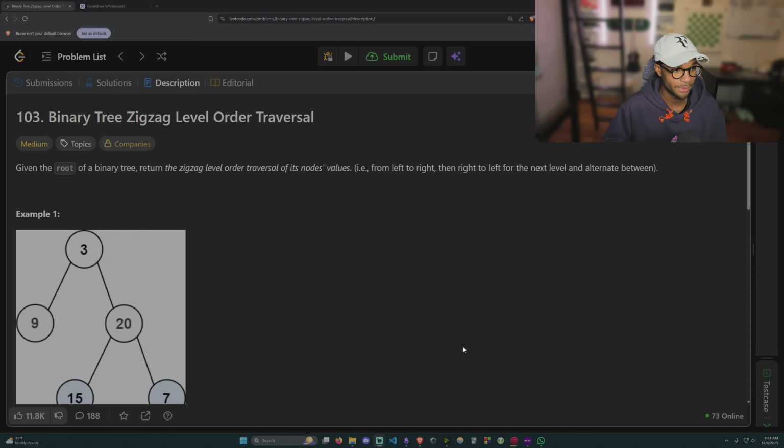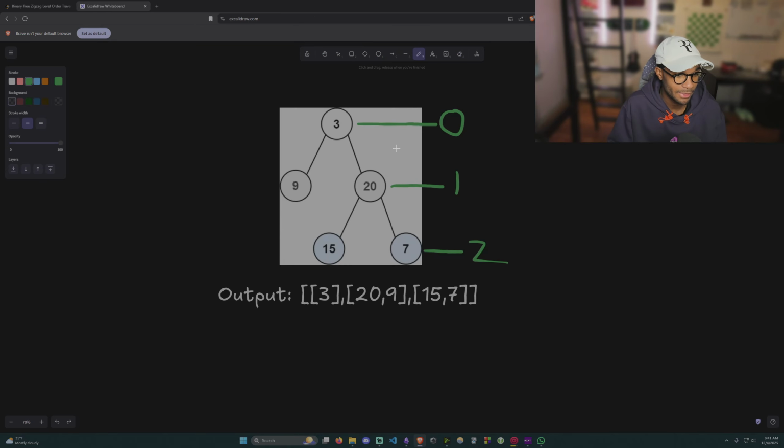Alright, hello everyone. Today we're solving LeetCode 103, Binary Tree Zigzag Level Order Traversal. Given the root of a binary tree, return the zigzag level order traversal of its nodes' values, i.e., from left to right, then right to left for the next level, and alternate between. So I've copied the example here, and we can think about this tree as having 3 levels, 0, 1, and